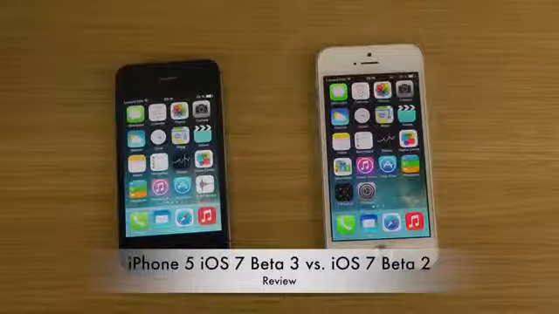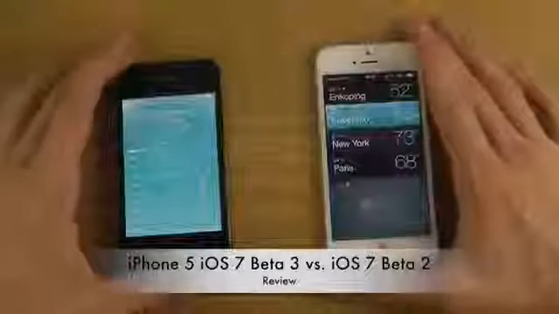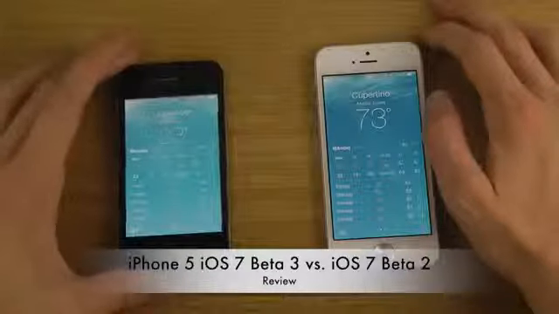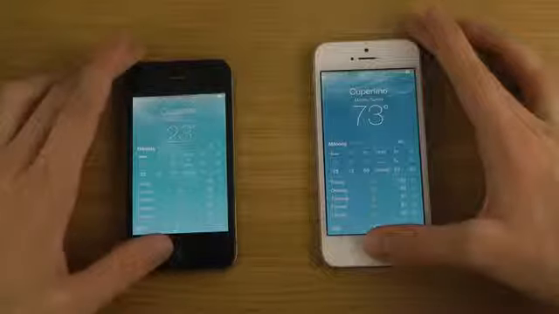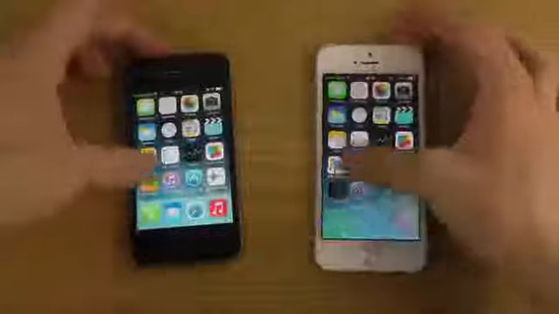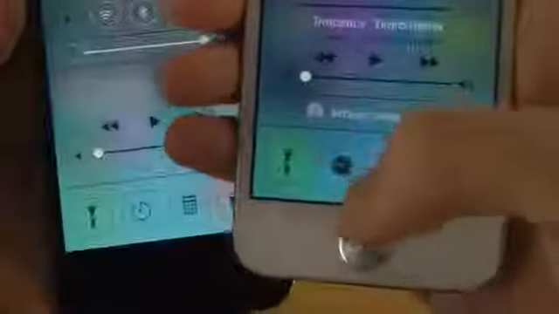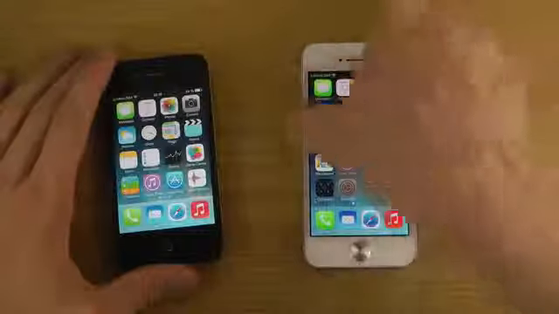Let's continue on here. We also have some new fonts, from what I've heard, inside of this little app over here. So it could be a little bit different, how it looks. And then also we do have a new icon. When you go up like this, you can see that one icon here, like the clock icon, is changed. This one, it's a little bit different there. And then also when you play music